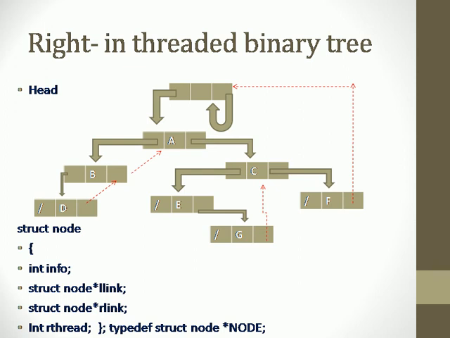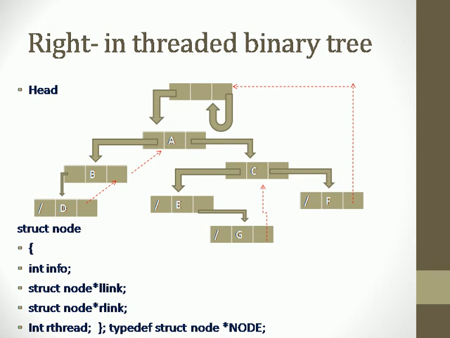Next node is G, which is having its right link null, so we have a dotted line from G to C, because C is the in order successor for G. Next node is F, which is having its right field null, but there is no in order successor for node F, so it is joined to the header node, and it is done in the figure using a dotted line, which is known as a thread. So once we join all the null right links to their successor nodes, the tree is called a right in threaded binary tree, as shown in the figure.